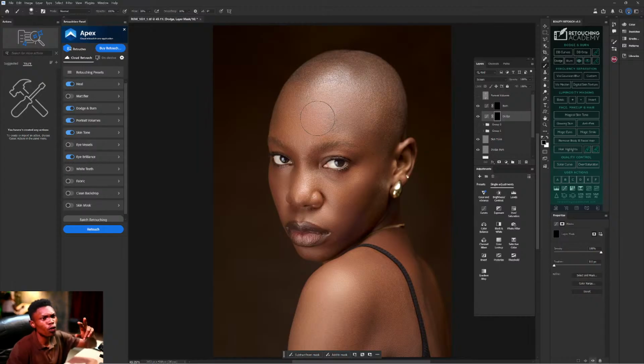Okay, you cannot paint black on black. You understand? You cannot paint black on black. So you change your foreground to white since this is inverted. You paint this side, then this other side, paint here, paint the nose.